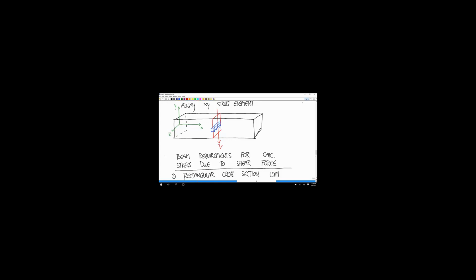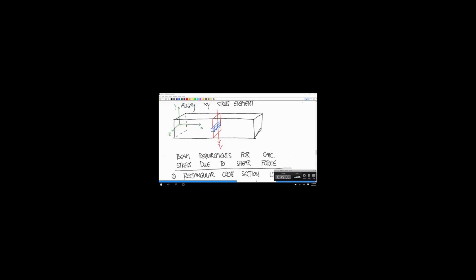Okay, any questions? All right, so we'll finish shear force next time. Yeah, exactly. Except it's not even, I think that one's even funnier in a way, I think, because